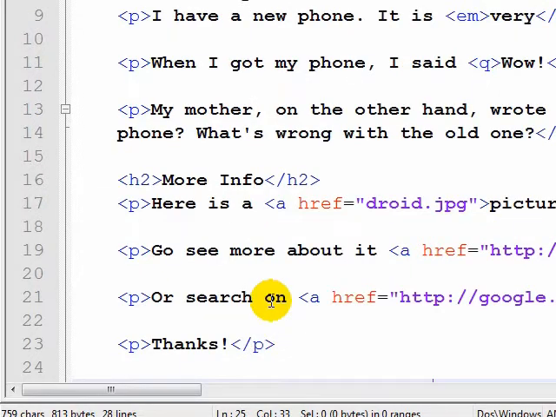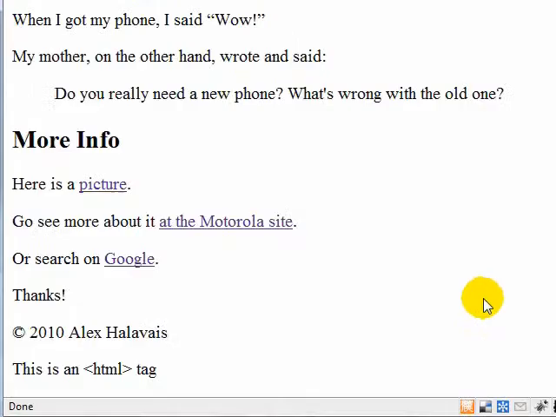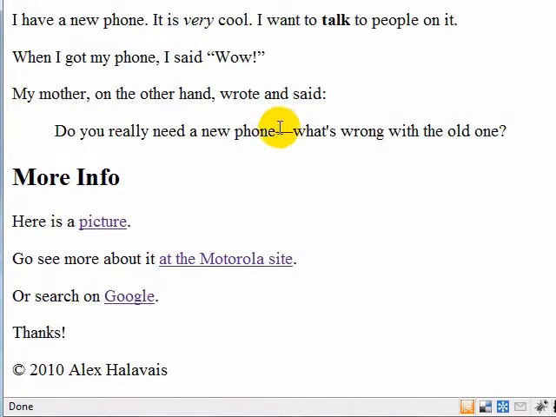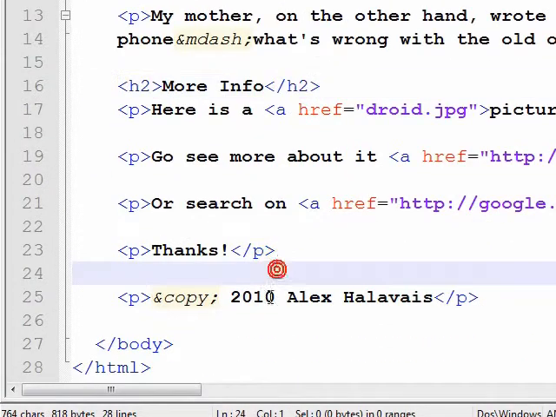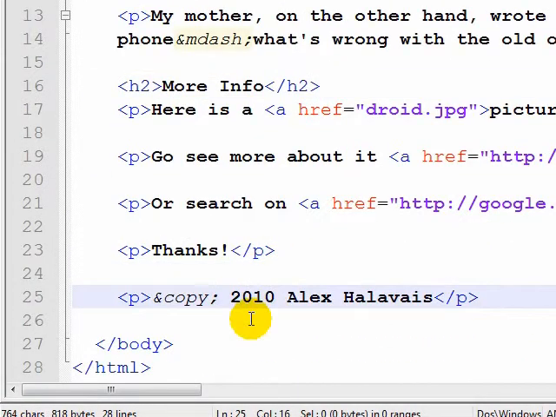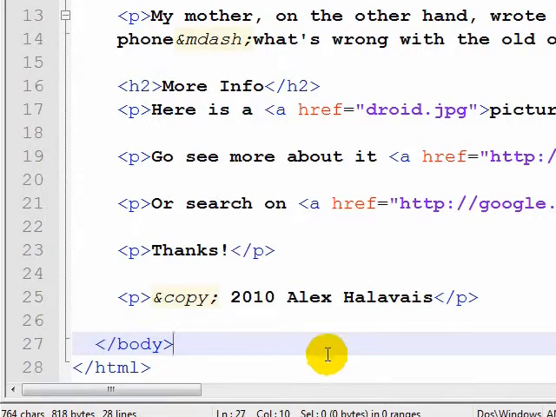We might want to do, for example, an M dash. So an M dash is the long dash. Usually in typing it's done as a double hyphen, two hyphens, one after another. And here you see it puts in a nice long dash the way it should be for us. So these are called HTML entities. You can download a list of them. There's actually some really fun ones. I'll link to some of the fun ones that will allow you to do some text manipulation,